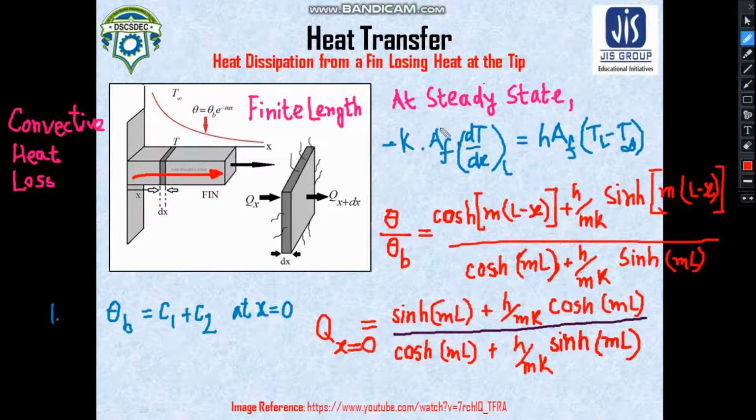Okay, so at steady state conditions, the convected heat is equal to the conducted heat. From this equation we can form the second boundary condition. The first boundary condition is already predefined and is constant for all the different cases. So this is our first condition, and from this equation we can generate the second boundary condition. Since this A_f is common in both cases, we can remove it, and we can find that